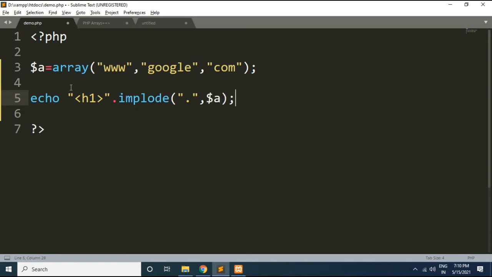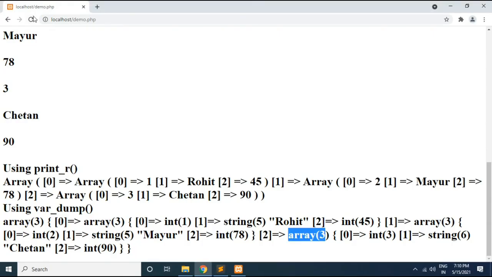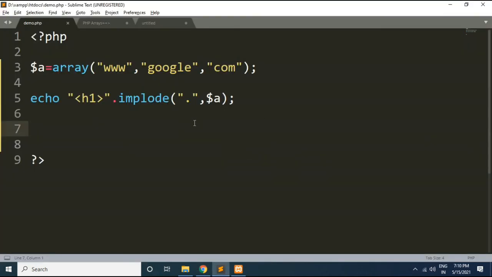The array elements are available within $a. So if we go to browser and refresh, you can see we got the string www.google.com. So dot is the glue, with which all these array elements are connected with each other. For example, if I specify dash like this and go to browser and refresh, you can see like this we have connected the array elements.